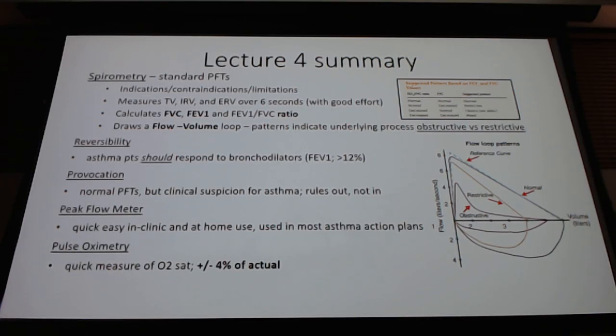So nothing that we want to use diagnostically, but when we're looking for the change. So you get somebody's baseline PFT, and then again during the asthma attacks, they use it to give themselves a gauge of where they're at. And then more importantly, did they respond when they gave themselves albuterol, assuming they actually had it with them. And then pulse ox, we'll talk a little bit more about that later in block 2. It's very quick, not as accurate, but